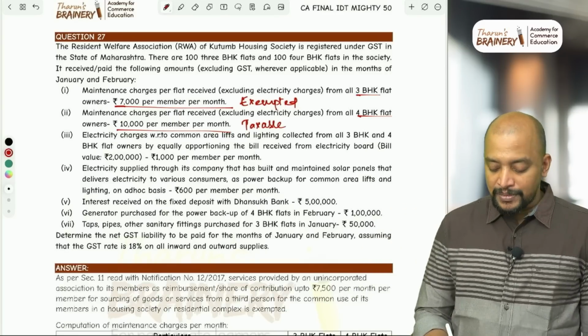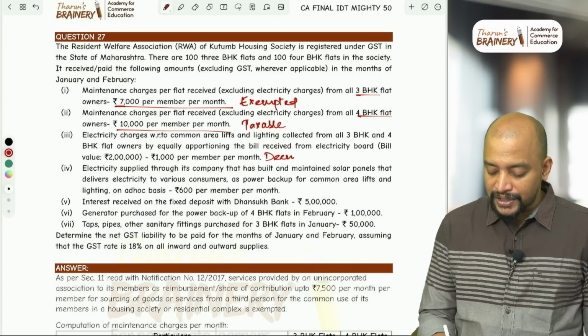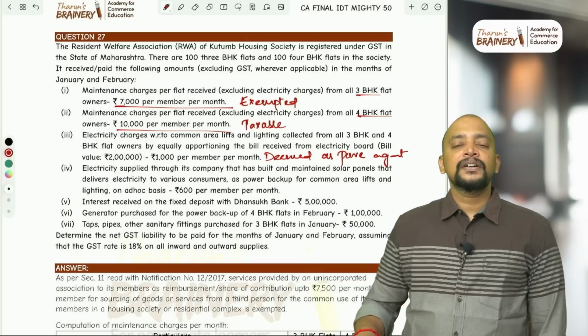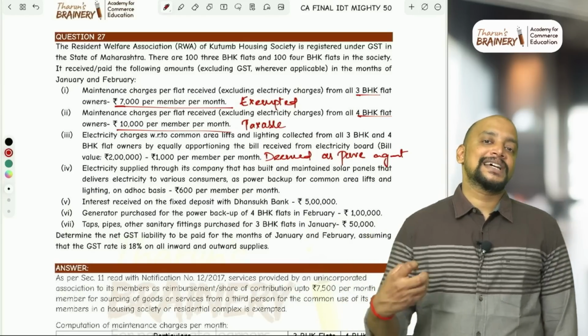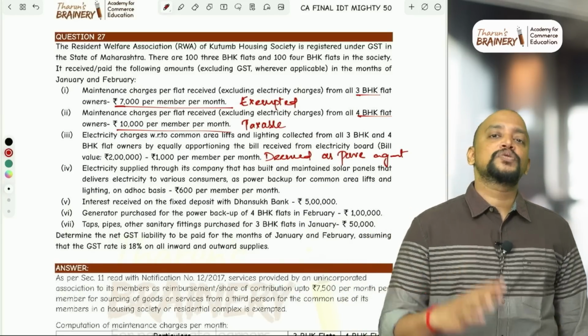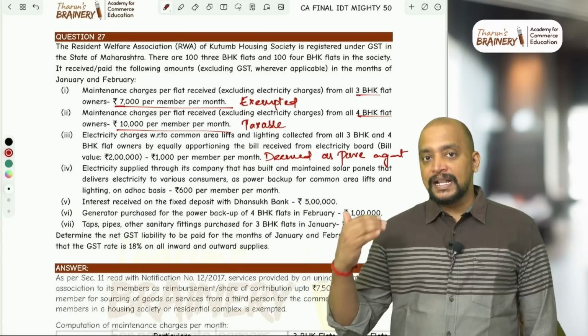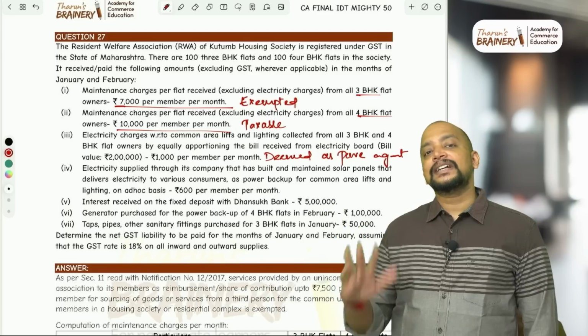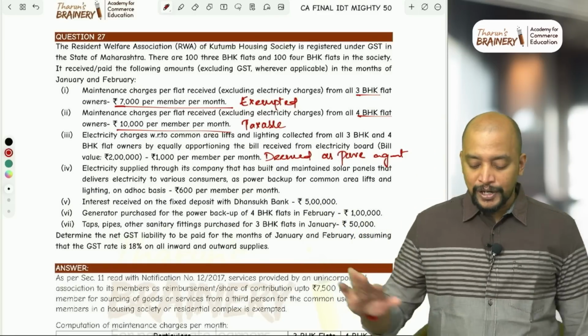So this will be coming under deemed as pure agent. Why deemed as pure agent? Because we have a CBIC circular which says that whenever we are recovering the electricity charges on actual basis rather than on ad hoc basis. On actual basis means whatever is the bill that is given by the electricity board, the same amount is being recovered from the members. In that case, deemed to be pure agent and it will not be included in the